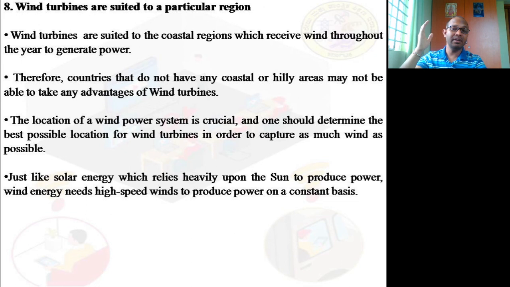Is that clear? But at the top of the hills or mountains, sufficient wind comes with higher velocity. That is why people always suggest wind turbines near coastal places. Therefore countries that do not have any coastal or hilly areas may not be able to take advantage of turbines. One should have hilly stations, mountains, or coastal places. Say, for example, the mid part of Madhya Pradesh,